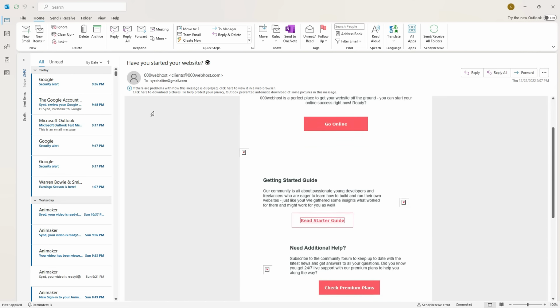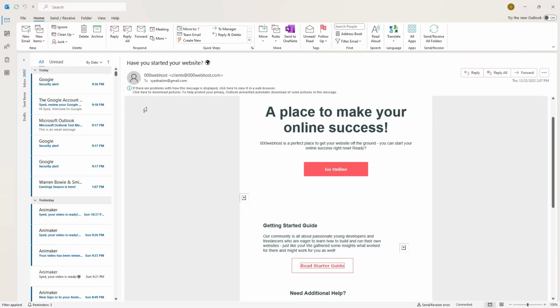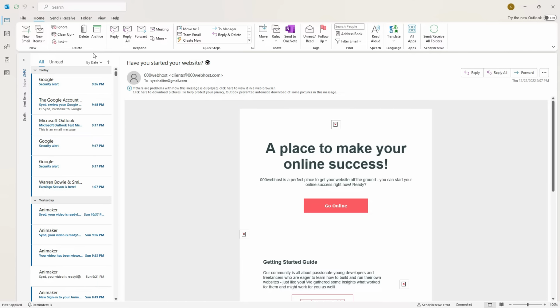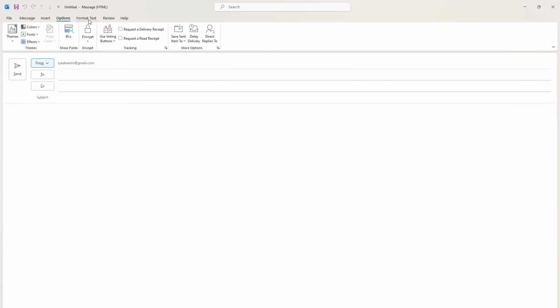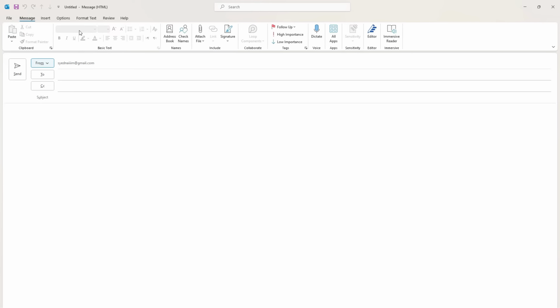So guys, let's jump to how we can send an email to someone. For this, you see the home tab is here, and under the home tab, you see new email. I click on new email, and from here also you will choose the account from which you want to send the email. All your accounts that you added are here, and also you see there are some new groups of tabs. So we will use these tabs when we send the email.